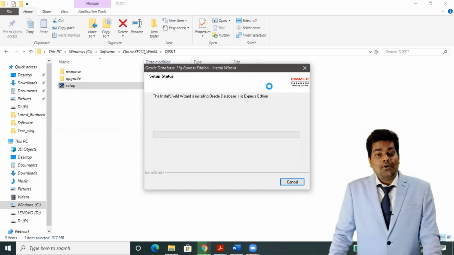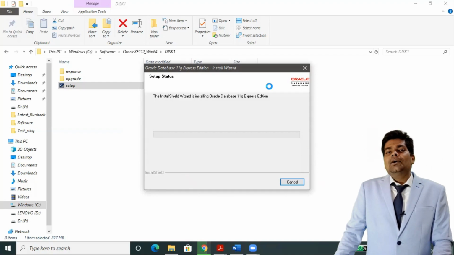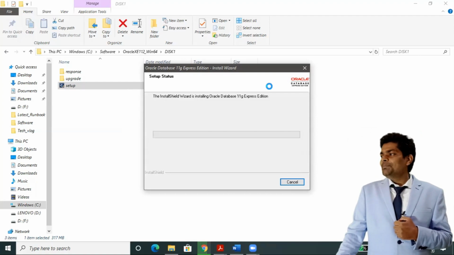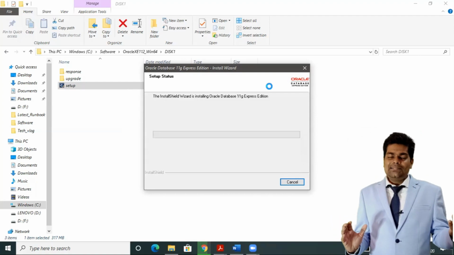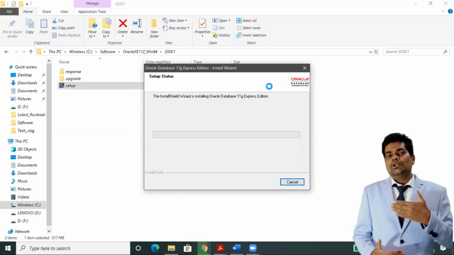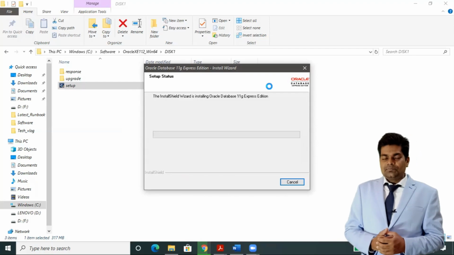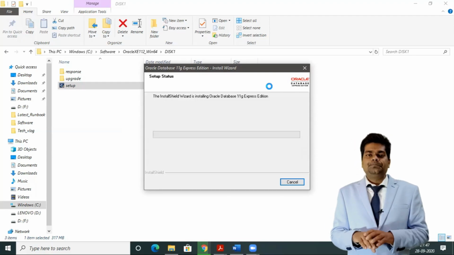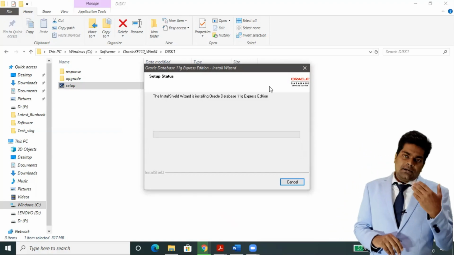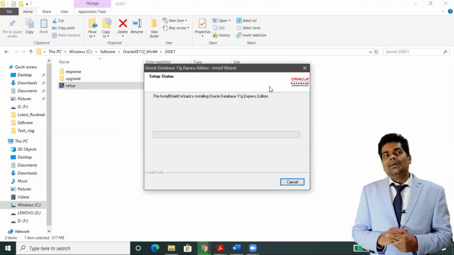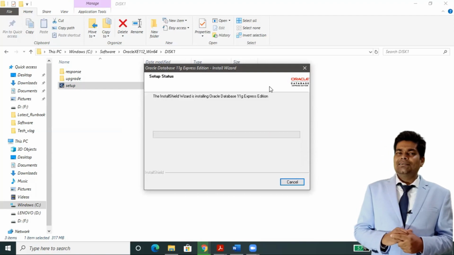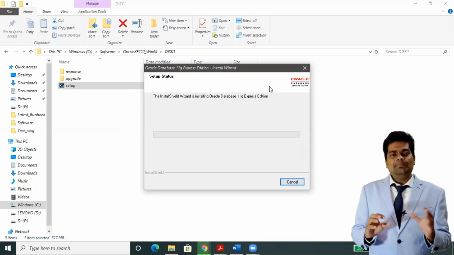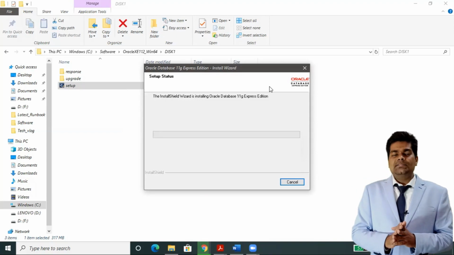Then after installation of the database, we will download Oracle SQL Developer. Why Oracle SQL Developer? Because it is the user interface to work with the database. We will connect SQL Developer with the database and write queries. We can connect to databases with the command prompt as well, but the command prompt is not as friendly as SQL Developer. In SQL Developer we can simply copy, paste, and save multiple commands.